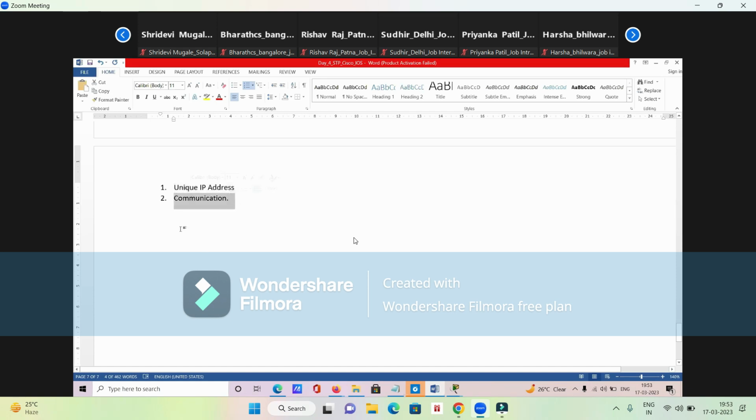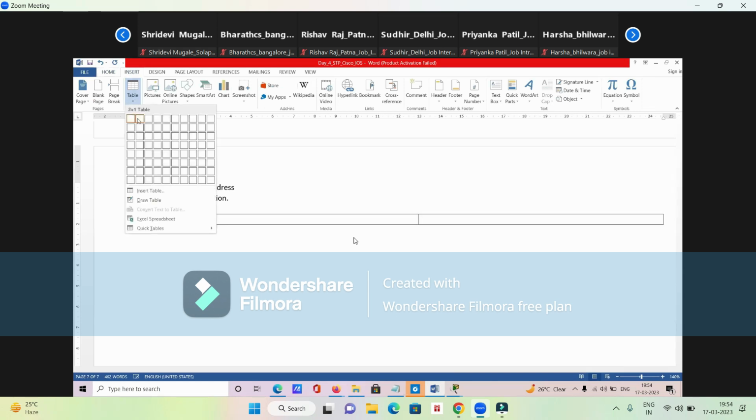What about target number 2? What is target number 2? Target number 2 is communication, and now here is the change. In order to perform the communication between computers, between hosts, between each other, between the IP addresses,